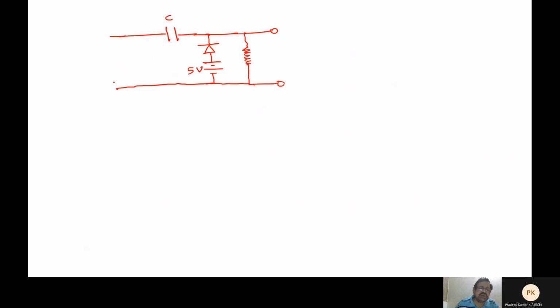When does the capacitor get charged? When this fellow is positive and when this fellow is negative. So we will begin the analysis when the capacitor gets charged. So this is my RL. This is my V out with this polarity. So under forward bias, that is the negative half cycle, because earlier it was positive, here it is now positive this terminal. Therefore, this is the negative half cycle of the input.